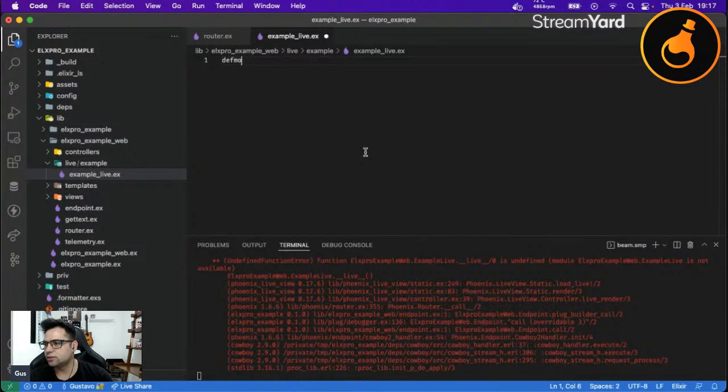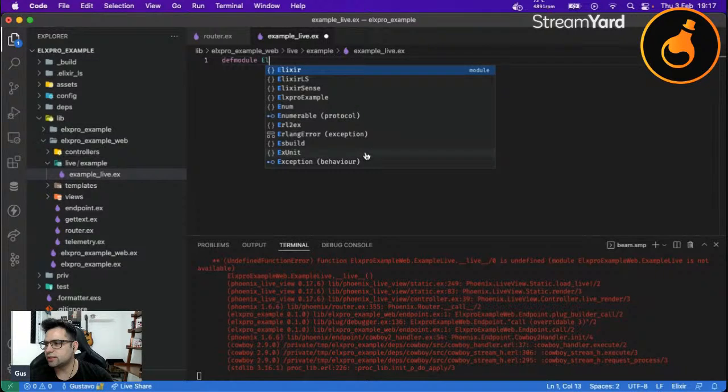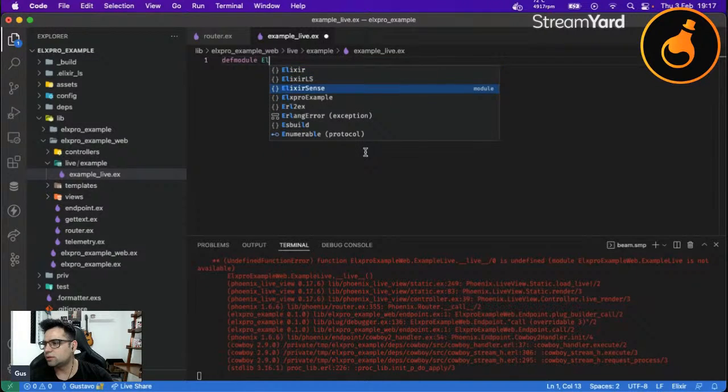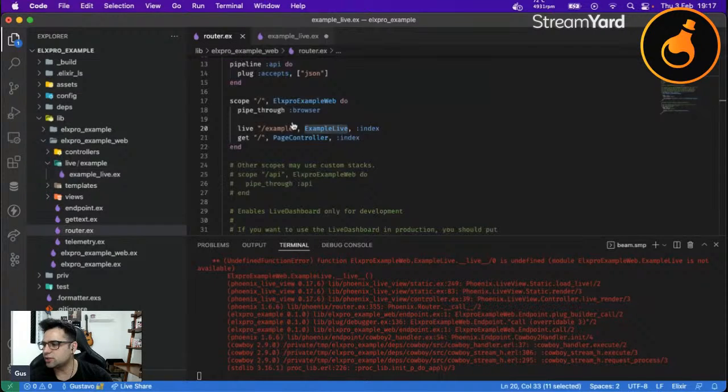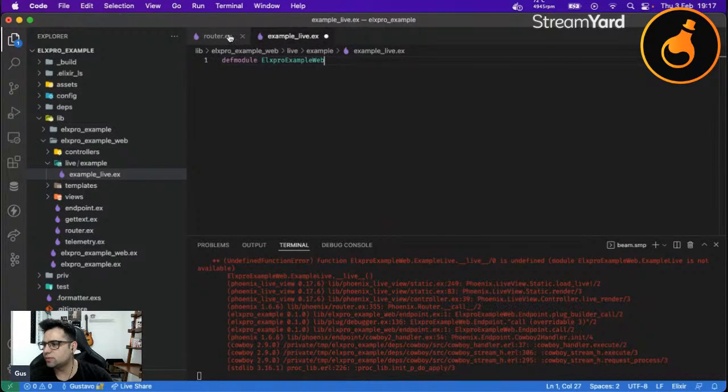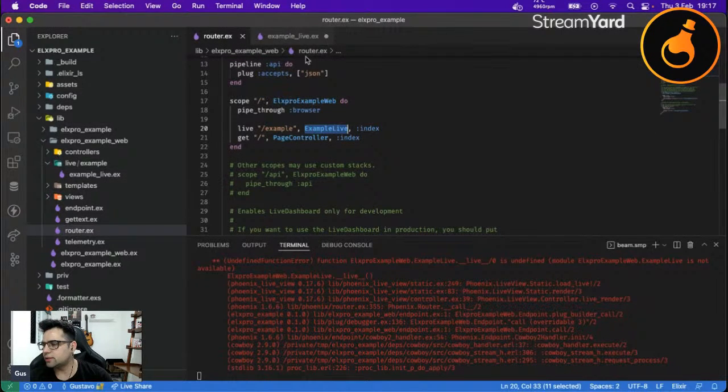Here, we can create a module called... what's our application name? I forgot. ElixirExample, and dot